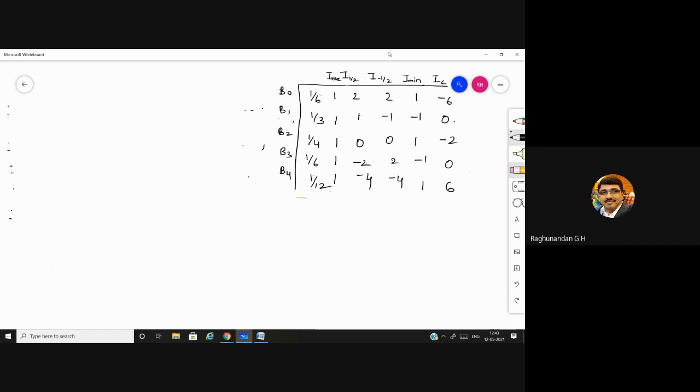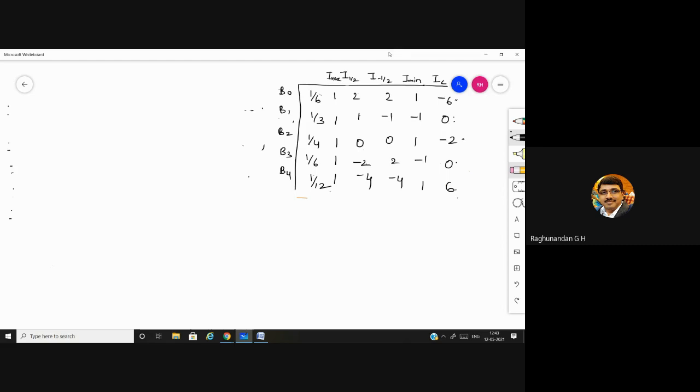Next, the same way, so 2, minus 1, 0, 2, minus 4. You can remember it. And here, same for Imax, you had all ones. But alternatively, you'll be having minus 1, 1, minus 1, 1, minus 1, 1. Next, for IC, the first term and the last term will be same, but with opposite sign. Minus 6 is here, 6 is here. 0, 0, the middle one, minus 2. So like this, somehow you can remember based upon your convenience.